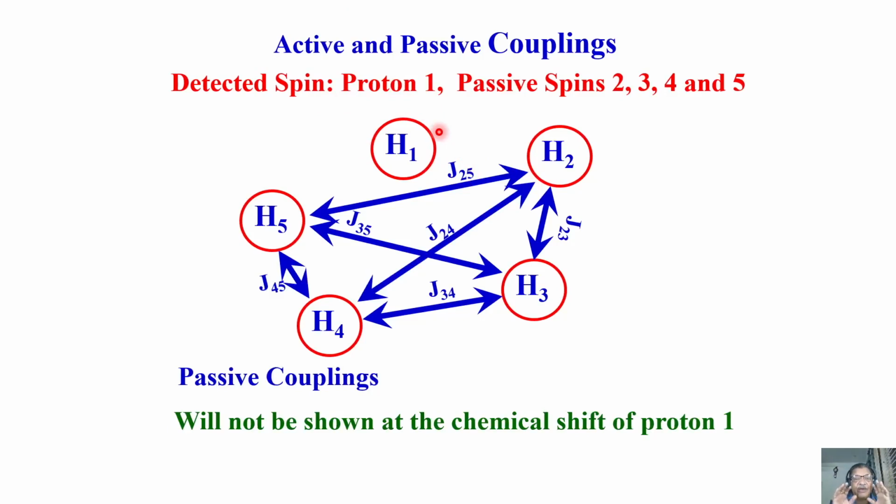You understand the logic? What is an active spin and what is a passive spin? This is an active spin, and all the protons which are coupled to this are active couplings when I am observing this. When I look at the chemical shift of this one, all couplings to other protons are active couplings. But when I am observing this active spin, all the others are passive spins. So coupling among the passive spins are called passive couplings. These passive couplings are not seen at the site of the active spin. Very interesting point. Must remember, this is very useful in understanding and analyzing the NMR spectrum later.